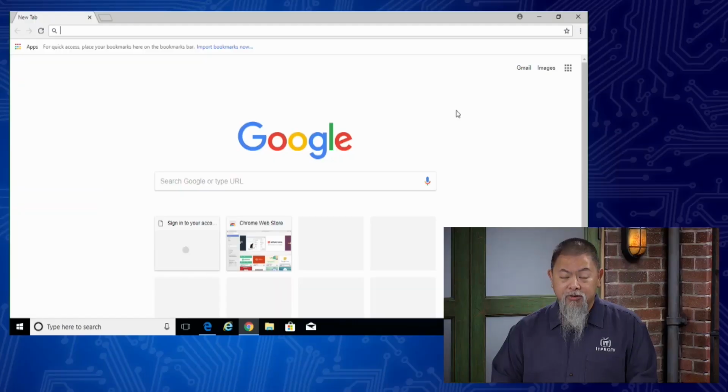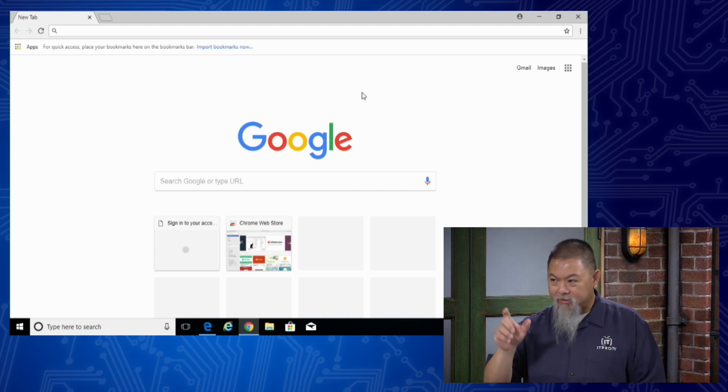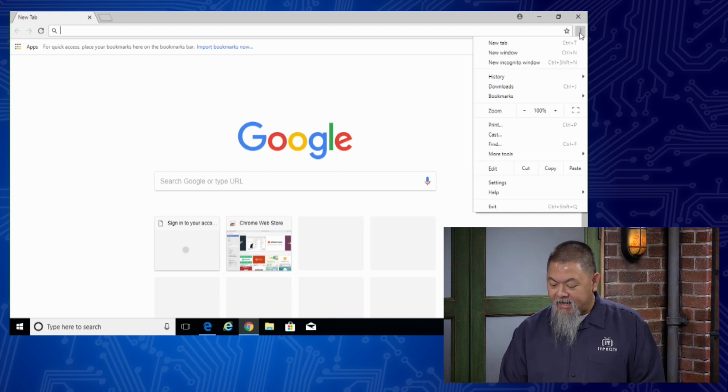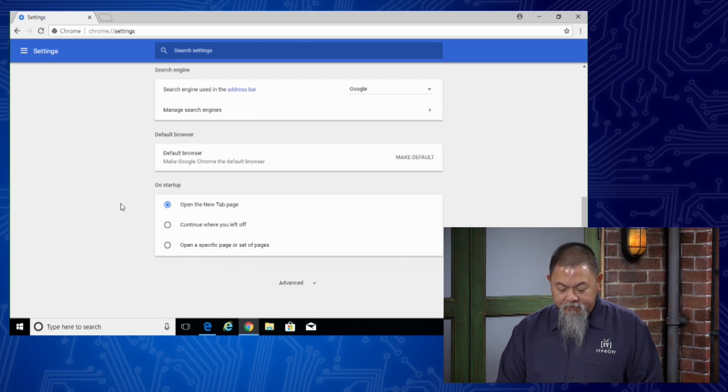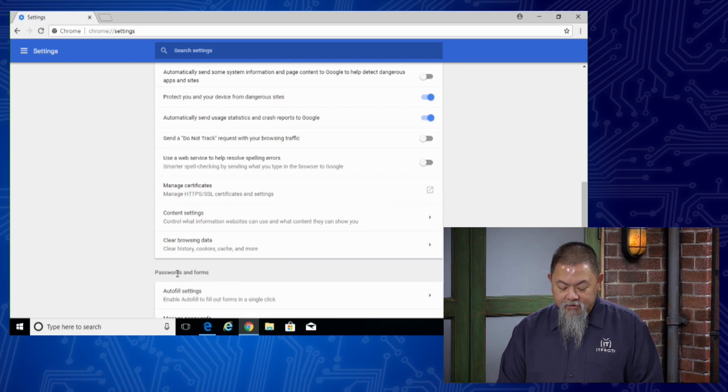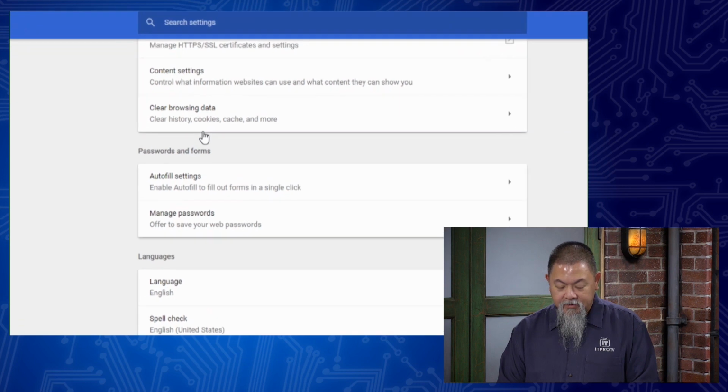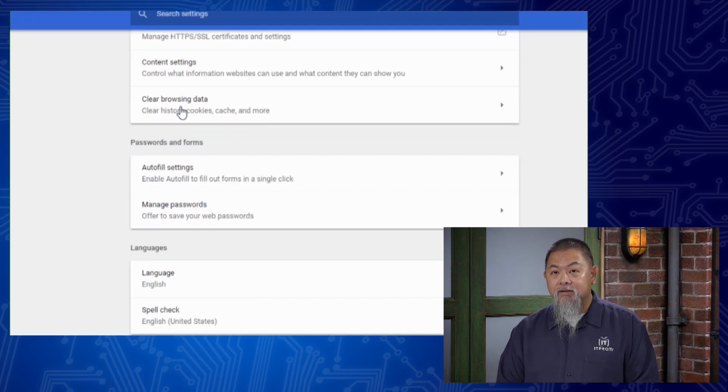So let me show you this in Google Chrome just a little bit. So in Google Chrome, here it is. Unlike where we saw inside of Microsoft Edge, where it kind of just pulled up a sidebar for us, over here, if I select this little stacked button, I can go down to Settings. And now, Don, the settings actually aren't in that little bar anymore. It looks like it brings us to a whole other web page. And then when we scroll down, and I have to keep scrolling down, I have to expand out the advanced. And then down here towards the bottom, there it is, where it says clear browsing history and more.